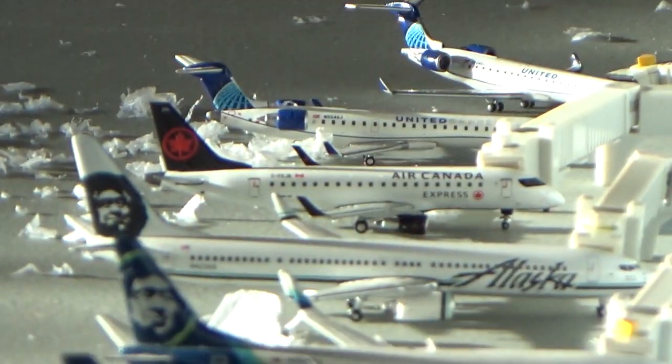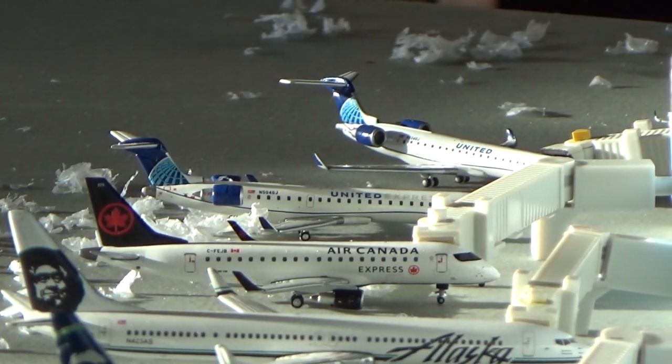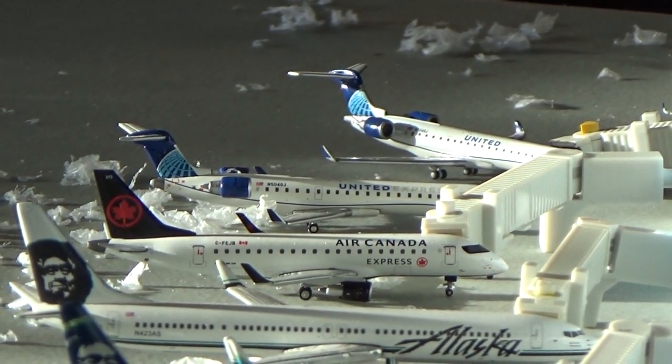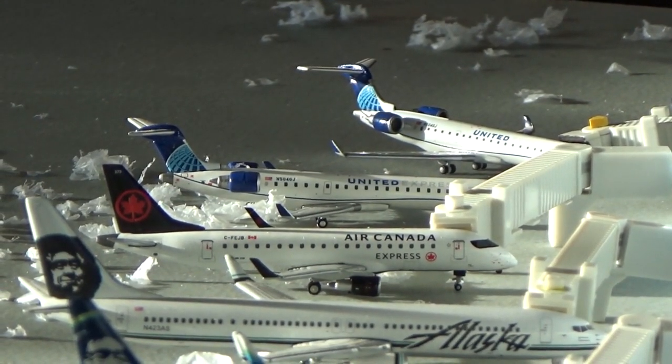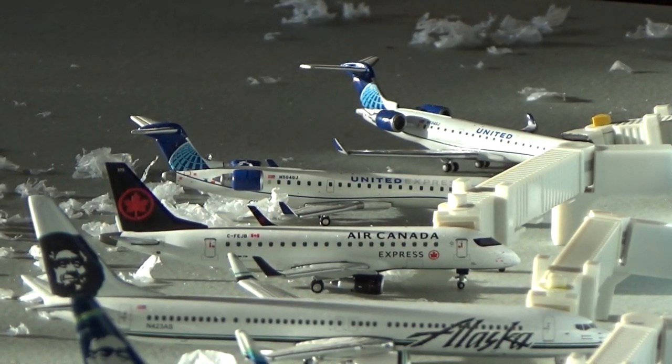Air Canada Express E170. I really like that model. He's going out to Toronto today after arrival from Vancouver, which is newly added. 2 daily E170s for Air Canada, and then the 1 daily Vancouver. Then we have 2 CRJ-550s. Number 1's going to